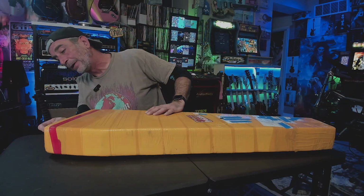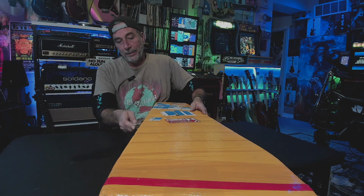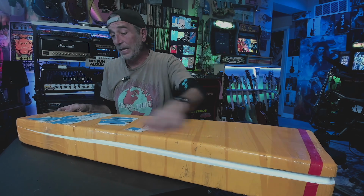So this has no branding on it apart from the coloring. You can argue that if you would like. I'll give you the point that the coloring is the branding, and that as soon as you look at it, you know what it's supposed to be. But it should not say any brand name from any company that has ever manufactured a similar tribute guitar, a bunch of parts put together just like Eddie did, right? Didn't he just get some parts? I can't tell you exactly the whole story,